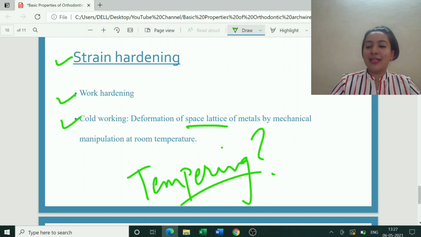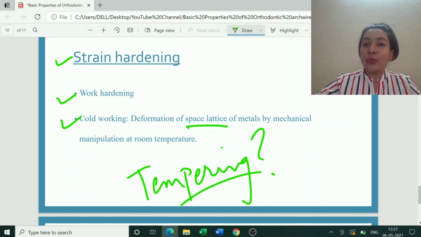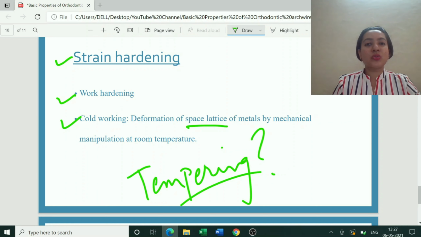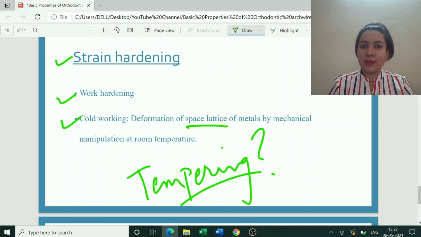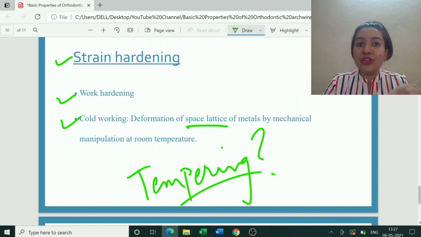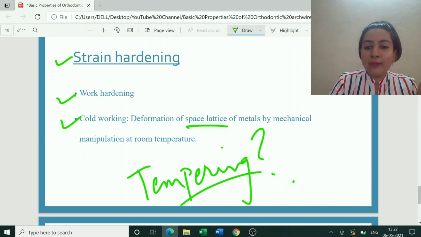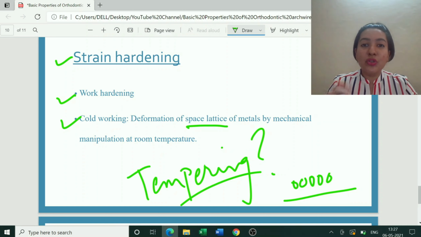Okay, so when we take that particular metal and heat it over a flame at low heat, we are tempering that wire, and by tempering we are releasing all the stresses which are stored in the wire. So once the stresses are removed, all my molecules will realign themselves. Okay, so these were two things which you had to remember: release of stress and realignment of molecules. All my molecules realign themselves in an orderly manner. Okay, so that was the low heat concept.